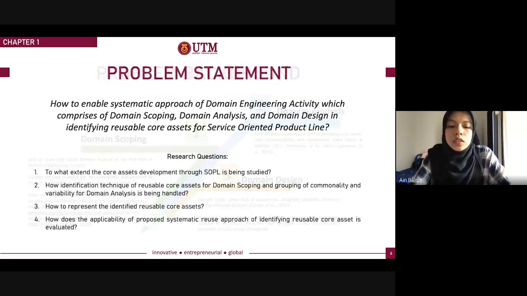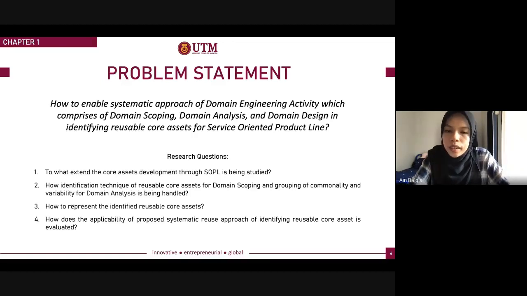So the primary research question that this study is trying to address is how to enable a systematic approach of domain engineering activity, which comprises domain scoping, domain analysis, and domain design in identifying reusable core assets for service-oriented product line. And a set of research questions are derived to support the primary research question, which is to study to